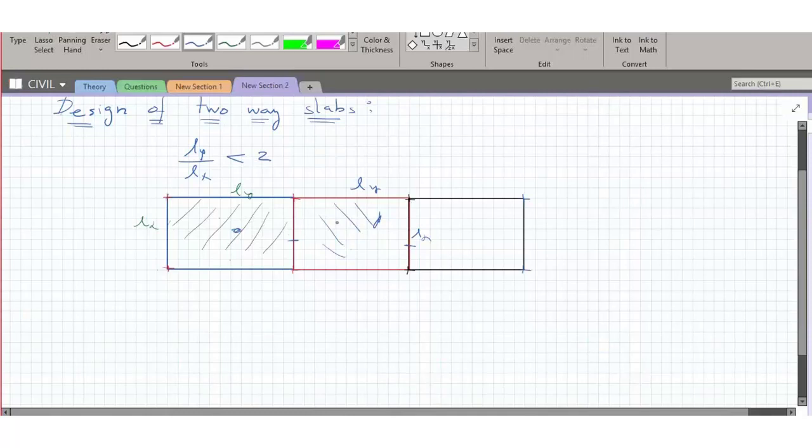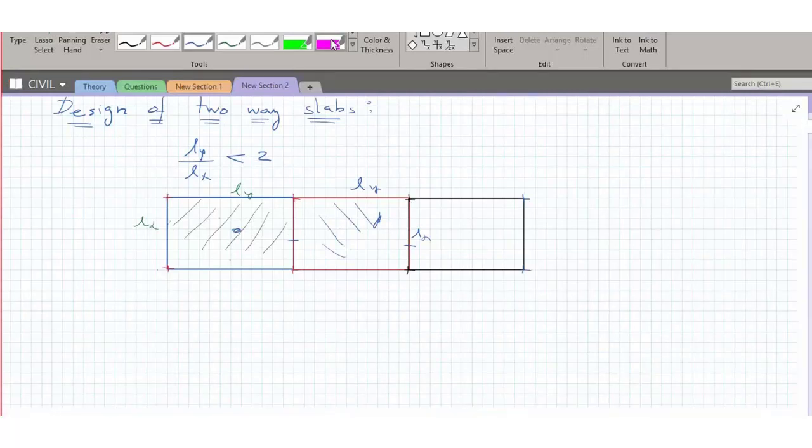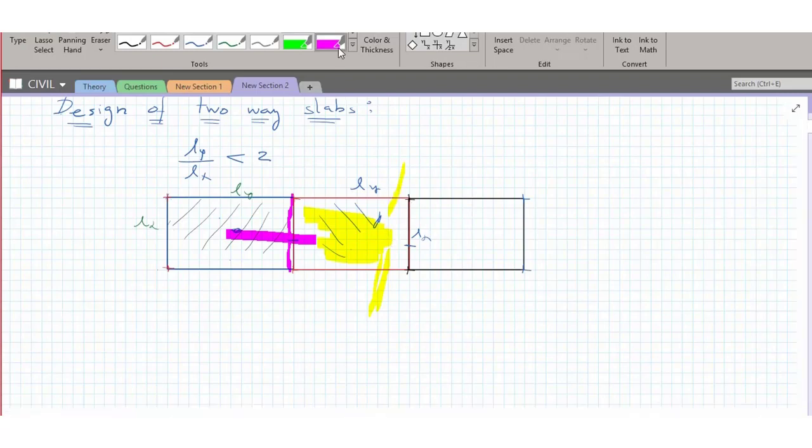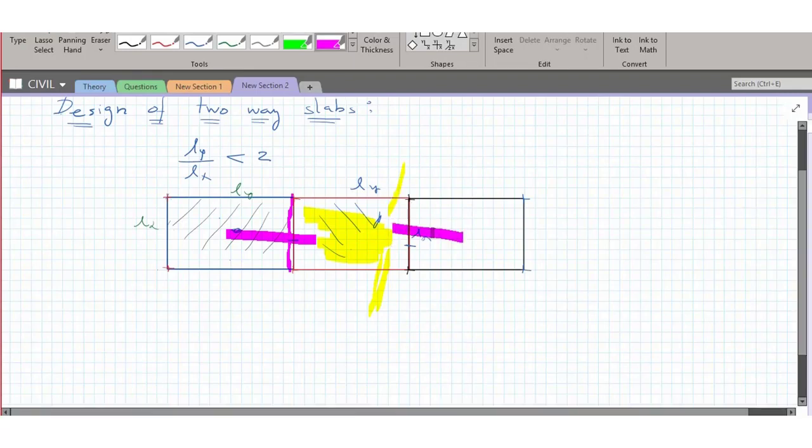Continuous वाला देखो, जैसे ये पैनल, if you see this panel, let me highlight this panel. This panel is having different boundary condition. Why different boundary condition? If you see this edge, what is happening? This slab is continuing. The slab is becoming continuous. It is not discontinuing. But if I see this slab here, what is happening? It is discontinued. Here also it has discontinued. The slab is not continuing. But here, if I see, this is also continuing.